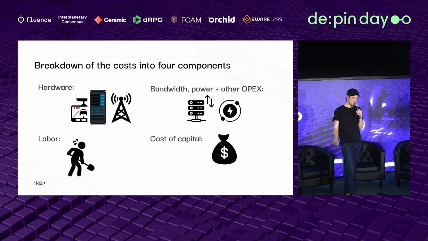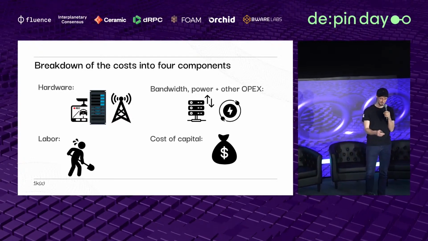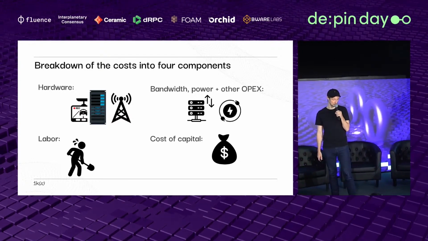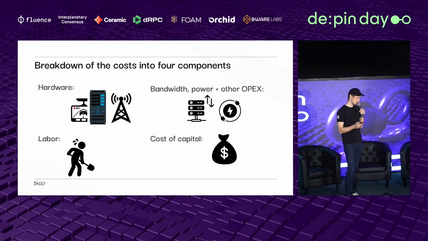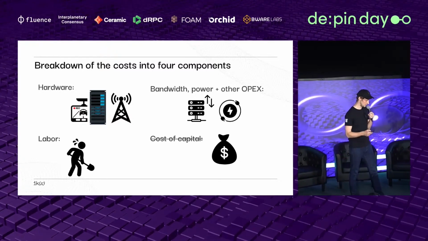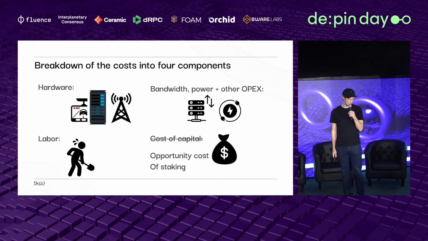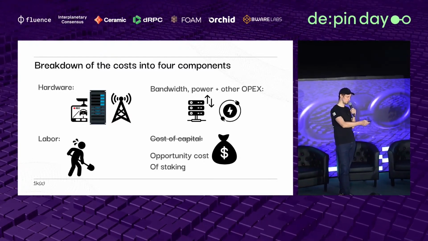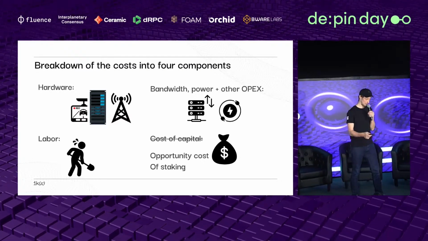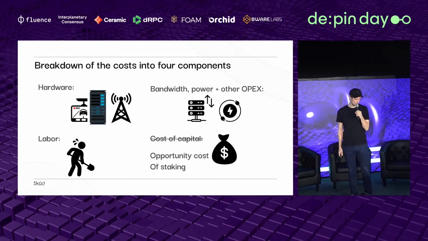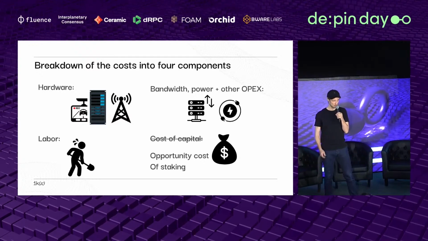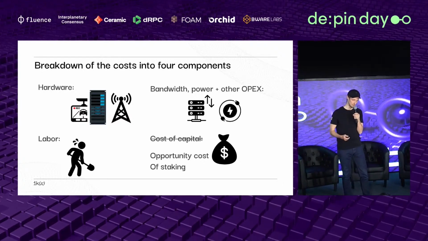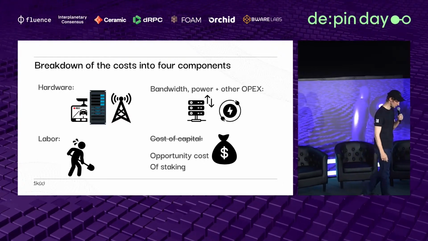I'm not sure how you feel, but for some of you who are contributing to a DePIN network, I'm not sure if it's reasonable to try and assess such a thing. But what I think is fair to assess and keep an eye on is the opportunity cost of staking. Because a lot of DePINs have this work token model where in order to join the network, you need to stake, right? And this stake is money, typically. You could argue, well, I wouldn't join the network if I'm not convinced, and that's why it's not really a cost to me. Fine, right? That's why we're saying it's more like an opportunity cost.